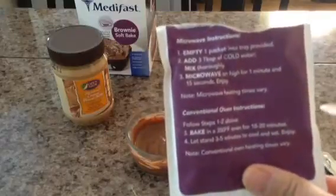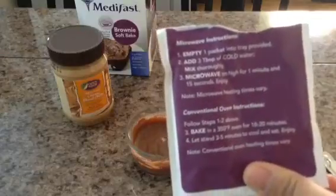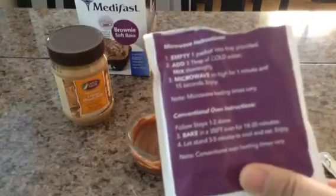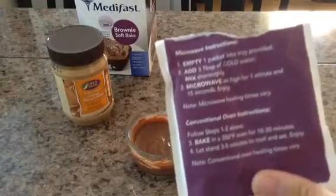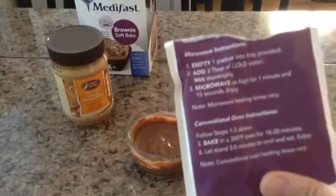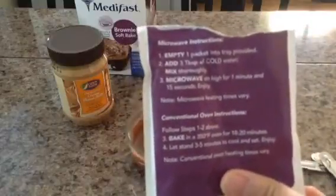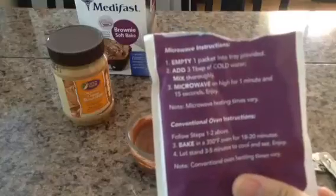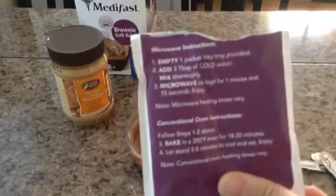Now you can also bake it in the oven. I haven't done that because, hey, I'm a nursing mom. I don't got time to bake anything. Even though it doesn't take very long to bake, I mean, it's around 20 minutes. If I were you and you do want to bake it, don't bake one at a time because that would be just kind of silly. Bake a batch. So there's 7 brownies in a box. Maybe bake the entire 7 brownies because